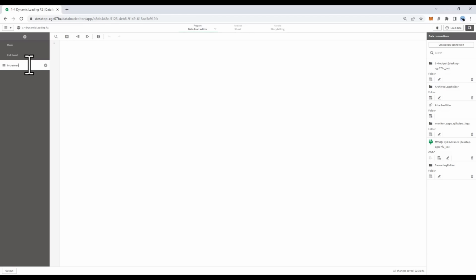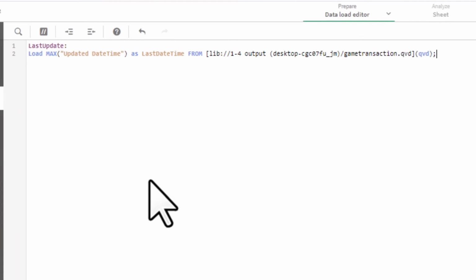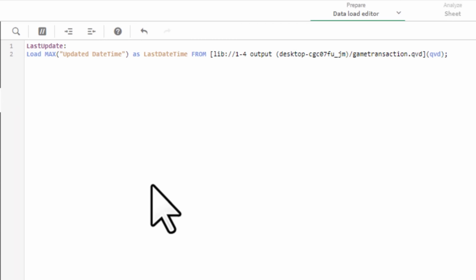For the first 2 lines in this section, type LastUpdate: LOAD max("updated date time") as LastDateTime FROM [lib://1-4 output/game transaction.qvd] (qvd);